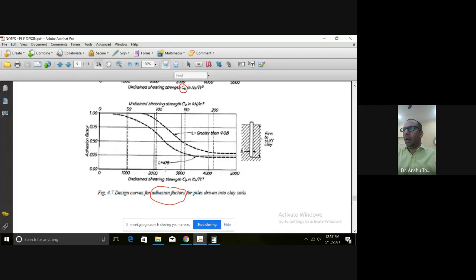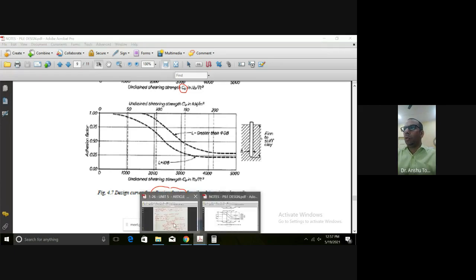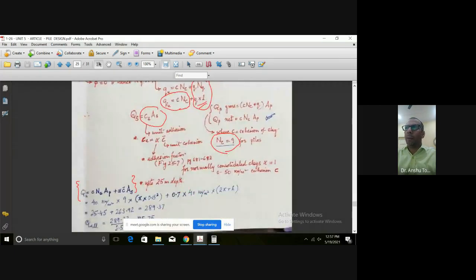It is between 2500 lb per feet square. If you convert this unit, it is going to come to this only, 40 kilonewton per meter square, this value. Again, C bar is given; C bar and C are one and the same thing unless there is some specification, which is not required to be remembered. You can remember that C and C bar are one and the same.